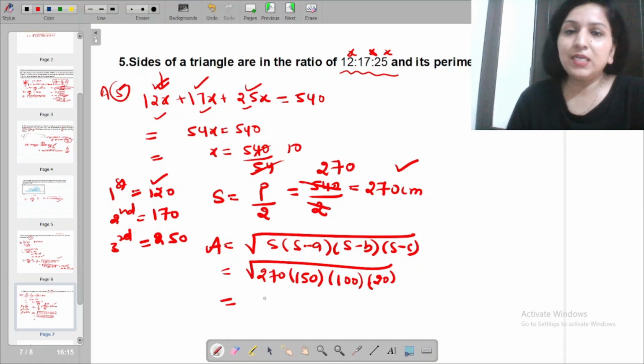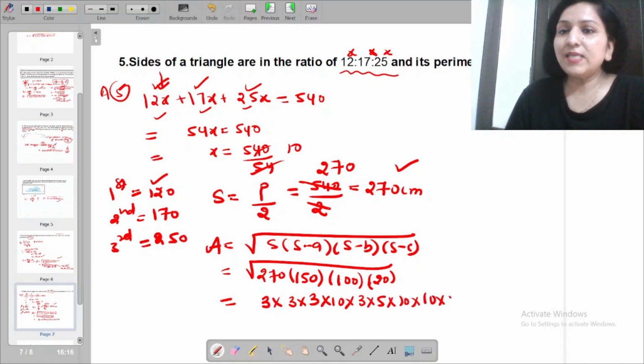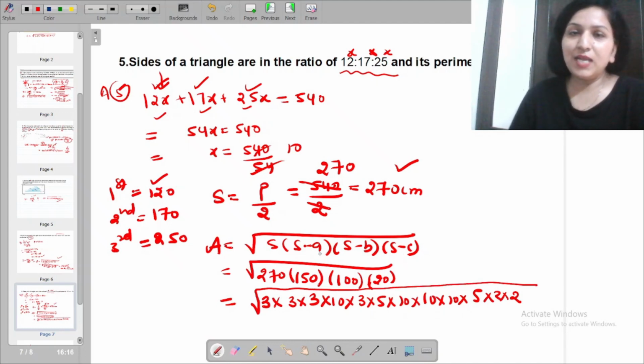So I am splitting it now. 3 into 3 into 3, that is 27. There is a 0 attached, मैंने उसको लिखा 10. 15 can be written as 3 into 5, एक 0 attached है, 10. 100 can be written as 10 into 10 and 20 can be written as 5 4s are 20. 5 यहाँ पे है, 4 can be written as 2 into 2. ठीक है? If you are unable to do the calculations directly, please use prime factorization and do that.